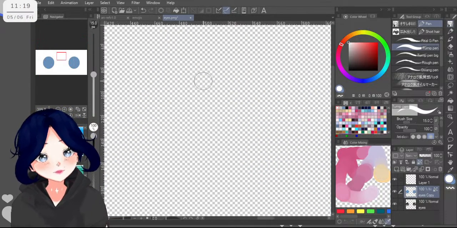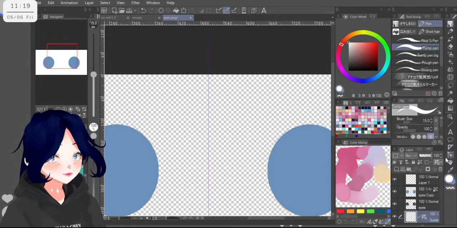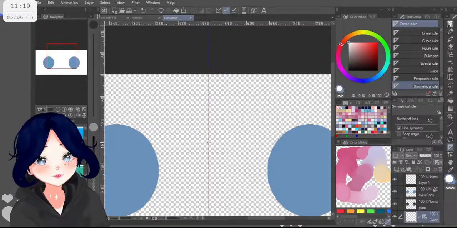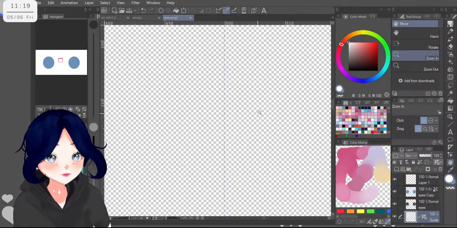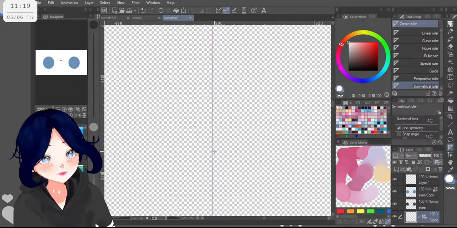And here, let's zoom in a lot. Okay. This is where we should have our symmetry ruler then. Oh, this is slightly up here. Okay.